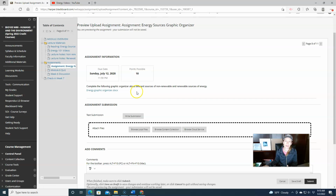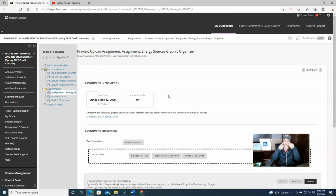But the graphic organizer is essentially just a way for you to organize what you've learned about these different sources of energy. So it says, what type is it? How do we get it? Where does it come from? What are the pros? What are the cons? So just about the same thing that you learned in those videos, you're going to put that down